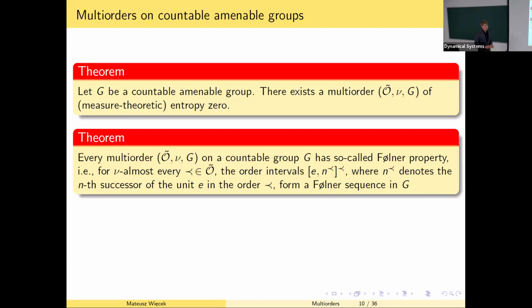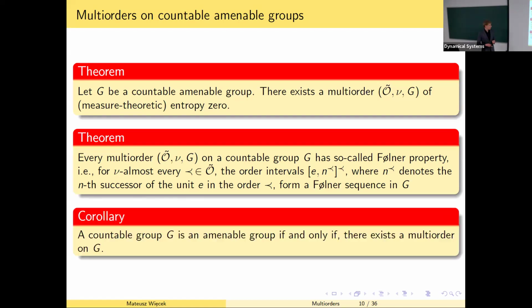And as I said, the very interesting property of multi-orders is that if we have a multi-order on a countable group, then automatically it has the so-called Følner property. So for almost every order from this multi-order, the intervals of increasing lengths form a Følner sequence in G, which actually gives us a characterization of amenable groups, of course for countable groups, because we may say that a countable group is amenable if and only if there exists a multi-order on G. And also, this fact gives us an easy proof that for any countable amenable group there exists a Følner sequence